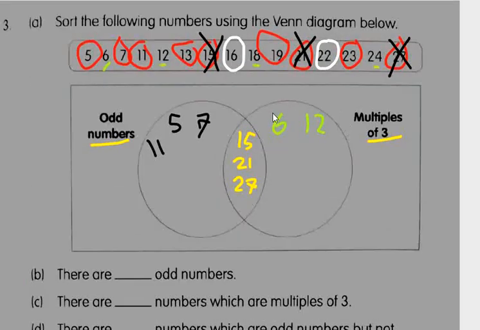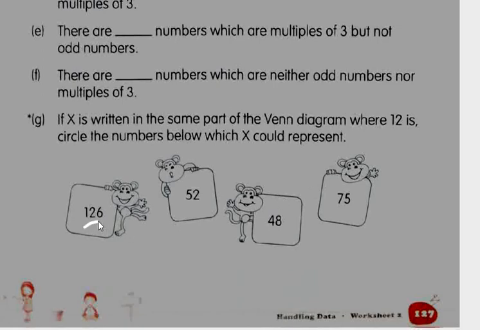So the second circle is for the numbers that are multiples of 3. So let's decide here which number is a multiple of 3. How to find it? Just divide it. If it can be divided, then circle it. For example, 75